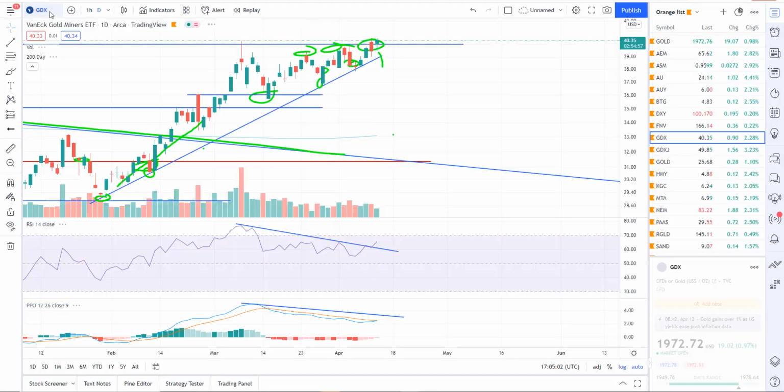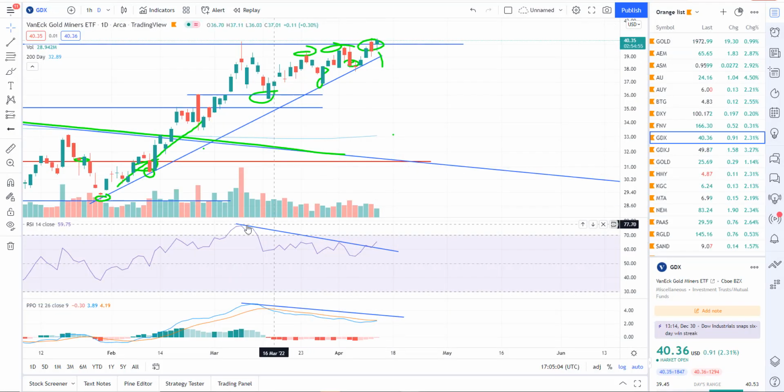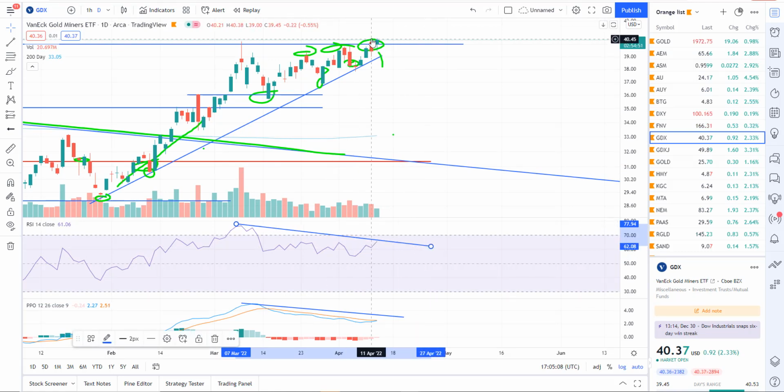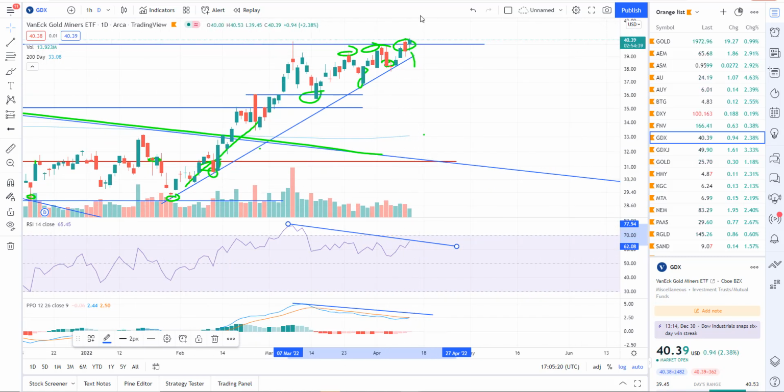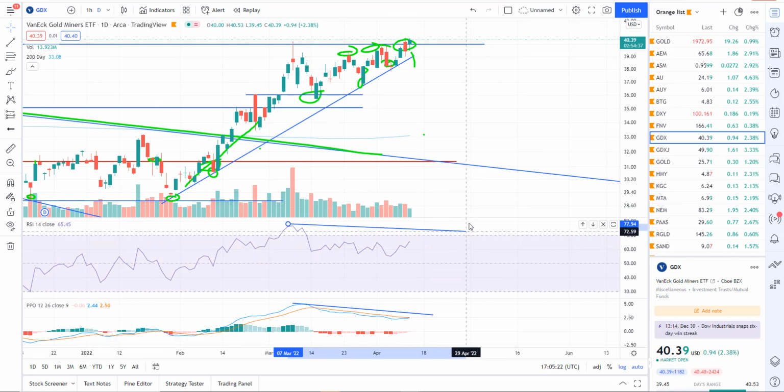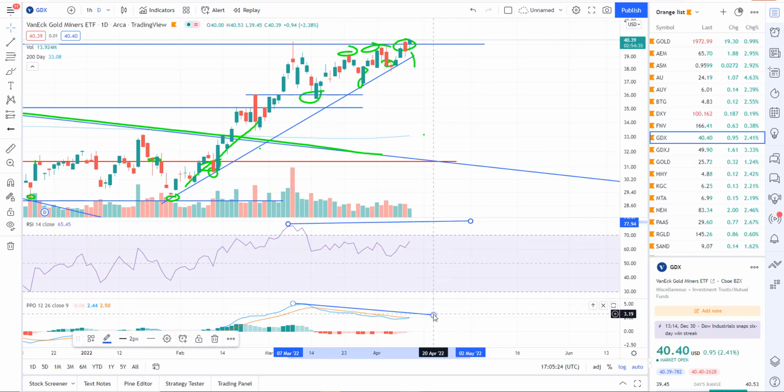The miners still have that negative divergence. You can see right here on the daily, we just moved the divergence up like that. We're making a new high in price, and yet the miners continue to have the negative divergence. So a little bit of pause and hesitation on that. I don't like to see that divergence. What I'd want to see is a big, strong, bullish day in the miners and take out the divergence.